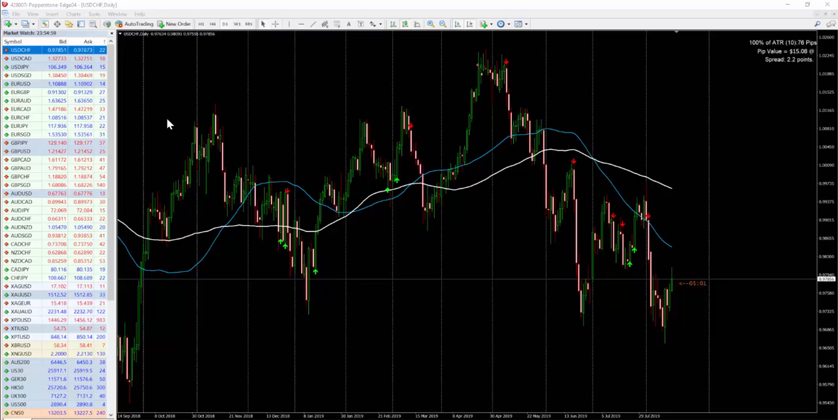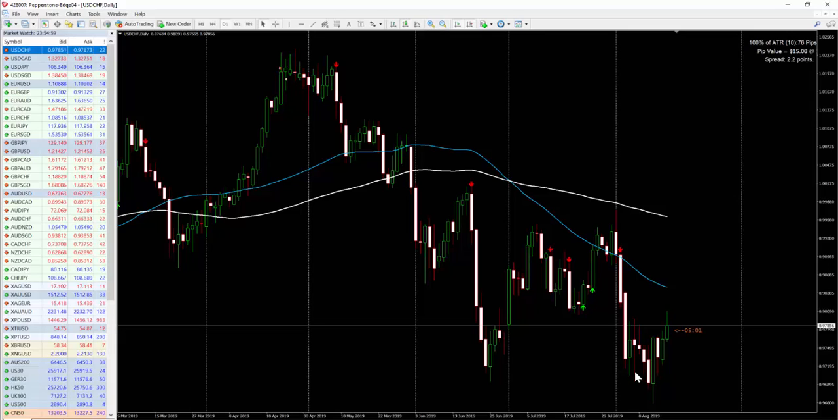All right, the first pair is USDCHF. From now on, I'm going to use this 50 and 100 moving average just to have a kind of trend direction idea of which way the market is going. So let's zoom in. As you can see, during the past week, USDCHF hit this barrier down here,